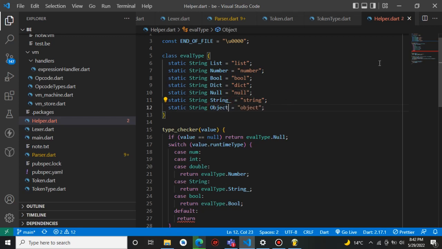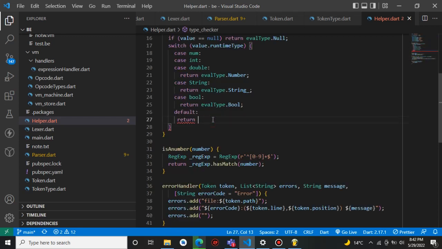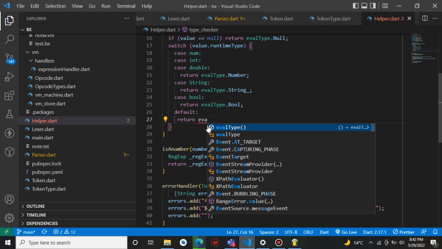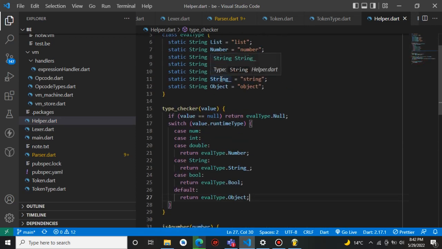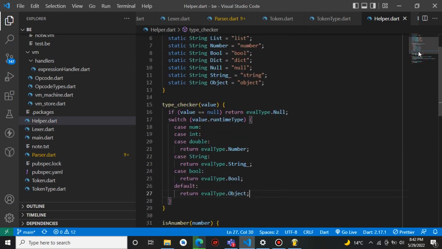Object, and then I will return eval type dot object, and then the rest, like map and dictionary, can be very tricky because you cannot just